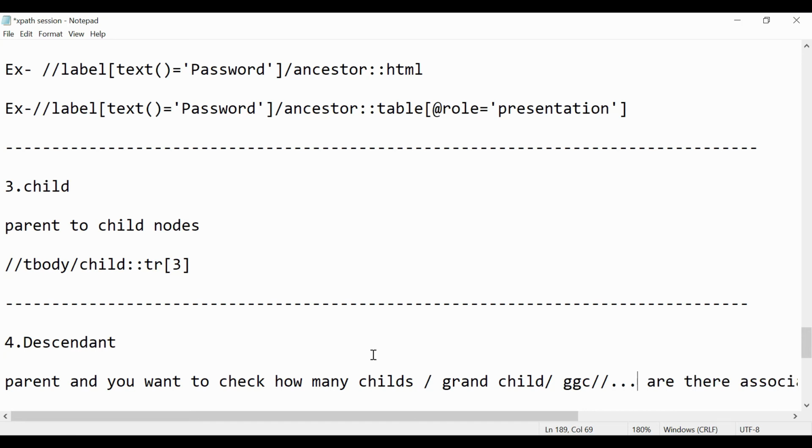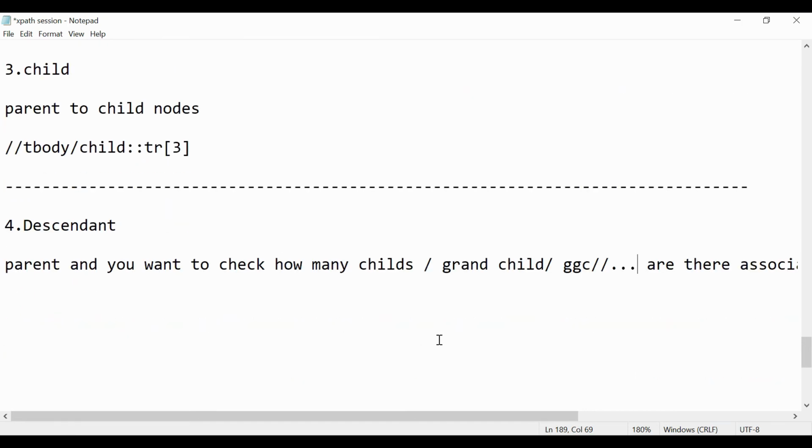If you want to go to some grandchild, you can use this descendant. I will show you how you can go.